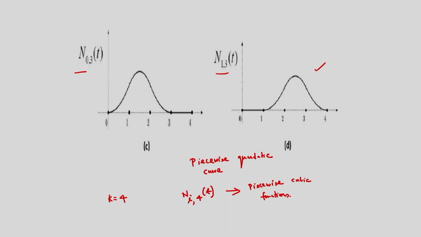So I have defined the B-spline of order 1, B-spline of order 2, B-spline of order 3, and the B-spline of order 4. So I can again draw these B-spline functions like this. All the B-splines I am again drawing. So the first one is the B-spline of order 1. For this I am considering two knot points Ti and Ti plus 1. So it is constant. That is the B-spline of order 1.